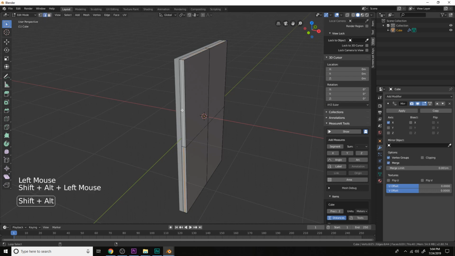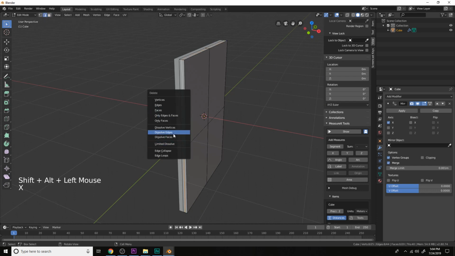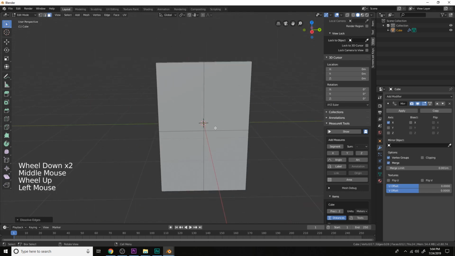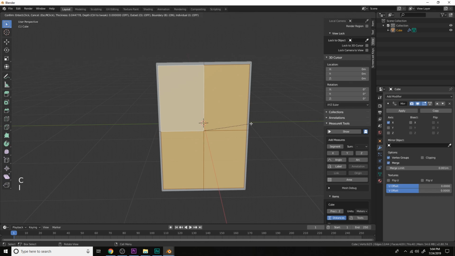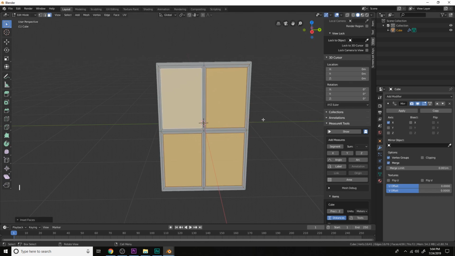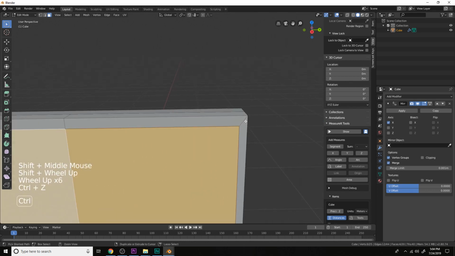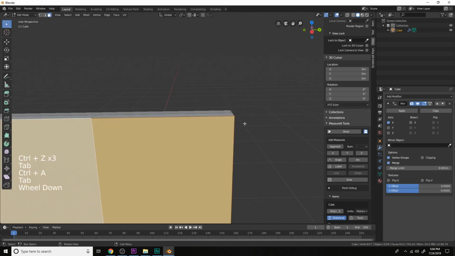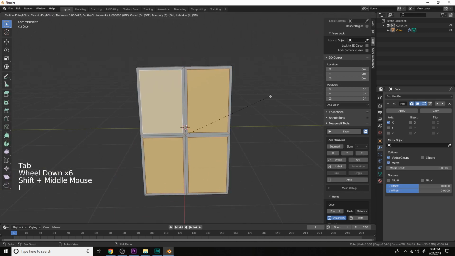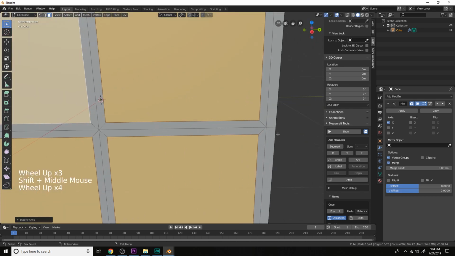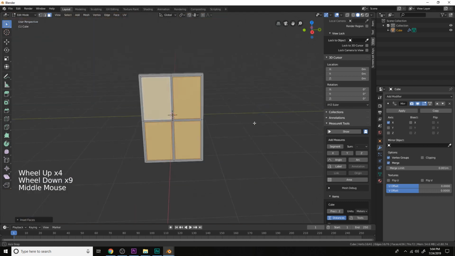We don't need that. X, dissolve edges. I'm going to inset all these faces here. I, then I again to inset them individually. Before we do that, let's apply the scale, because right now it's stretching here. Let's apply the scale. Inset these again, and again, individually. Now that we have the even thickness for this rim,